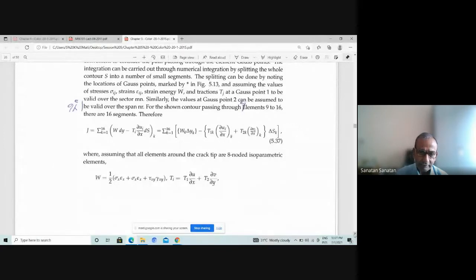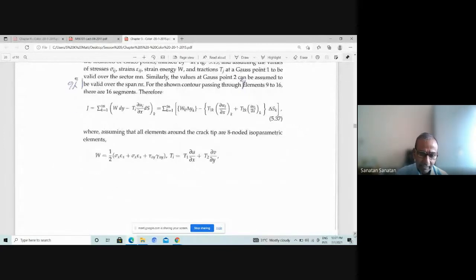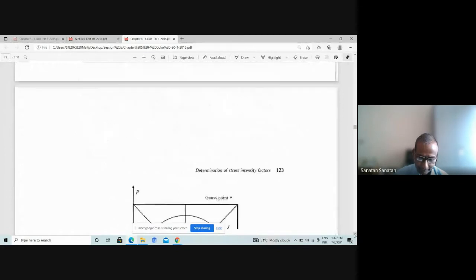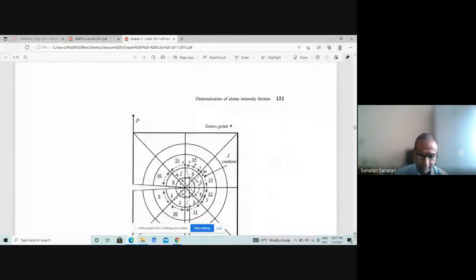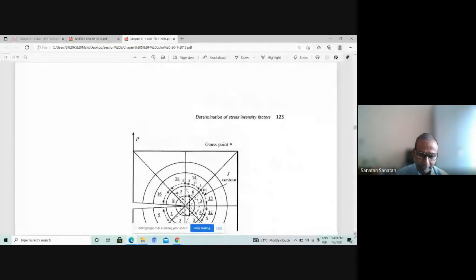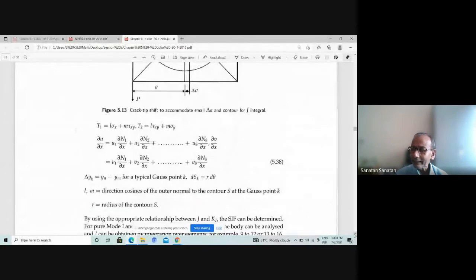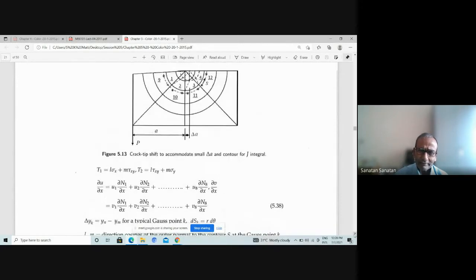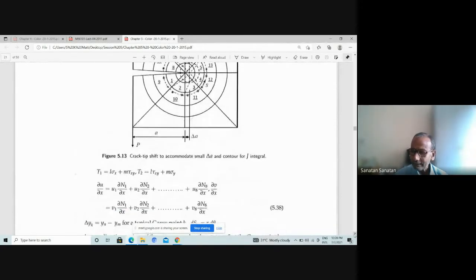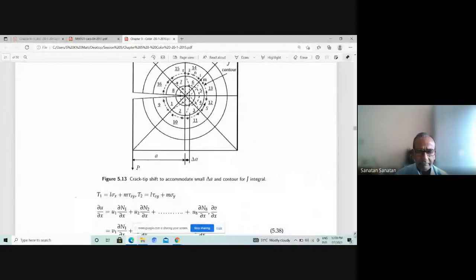So these are there, but I was more keen on telling you about the J integral based method, the standard J integral method, and also the crack closure integral method, and there is also a method called the derivative based method, the stiffness derivative based method.